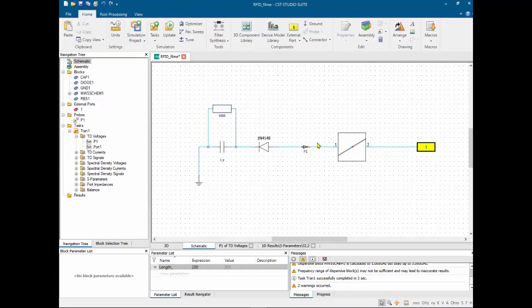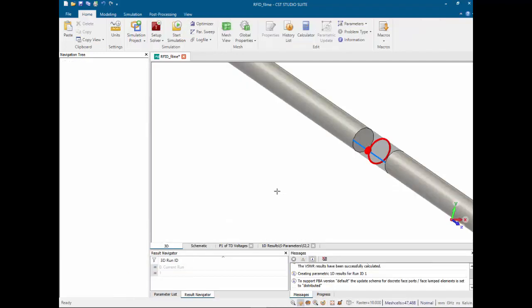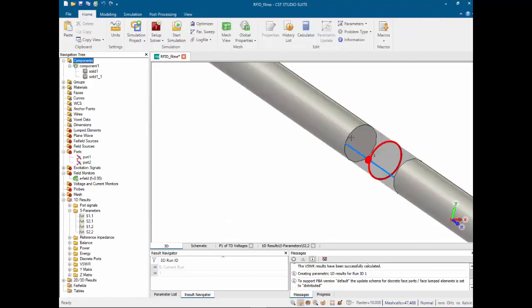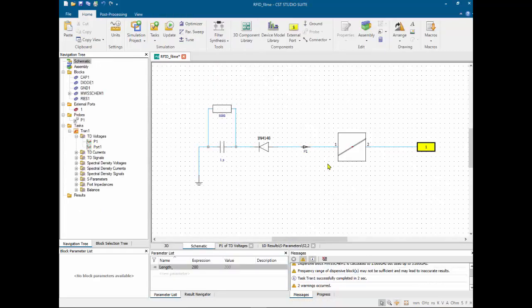So the first question that is a little bit tricky to find in the help, a little bit tricky to think about, is: where is the other terminal of this port number 1 here? The other terminal is the ground. This thing here is the port number 1, and the return is going through the ground. So the first thing you have to pay attention to in Design Studio is the ground. If you attach another ground here, the grounds are not connected as is usual in electronics, right? This is the first thing.